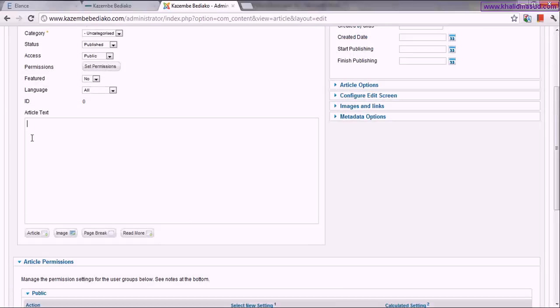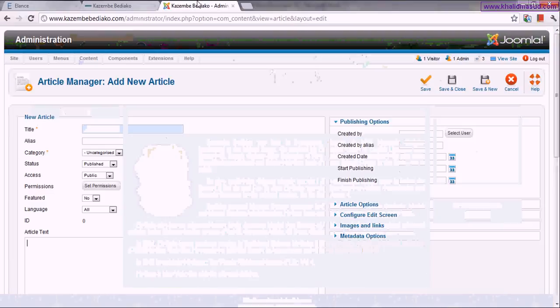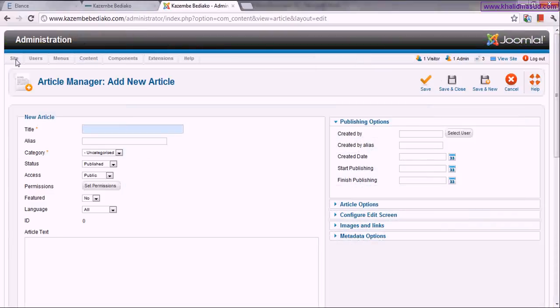As I have changed the option in the global configuration so that I don't need any text editor, I will make all the HTML or code based entries here. So all that bold, alignment and italic stuff is not shown here.